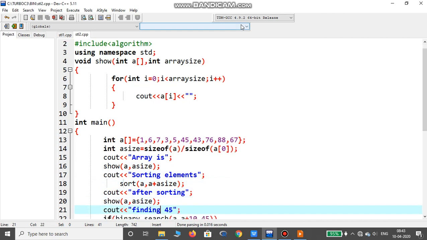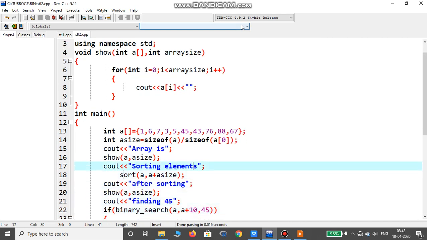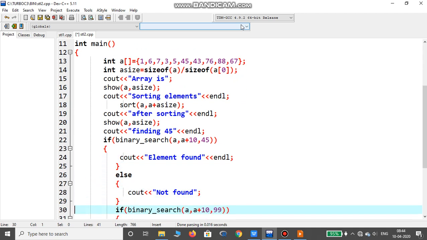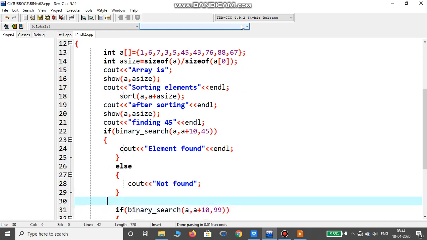Let me give endl first so that you will understand. Endl after sorting, finding 45, here also endl. Okay, element found, again endl. After that we are finding the element 99, so finding 99. Okay, now let's execute, compile